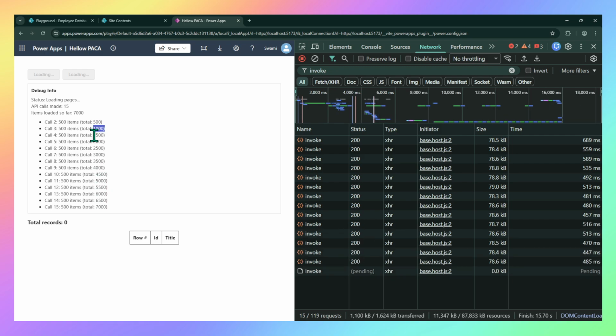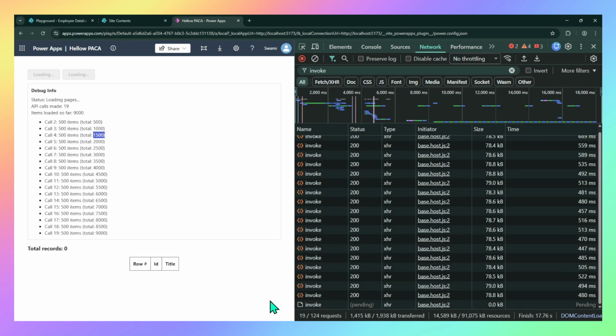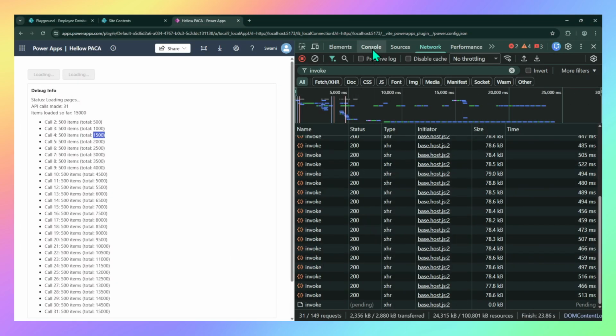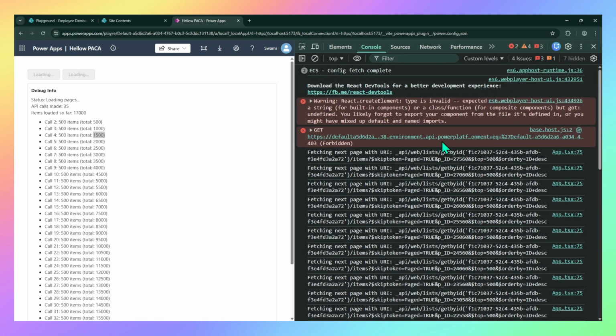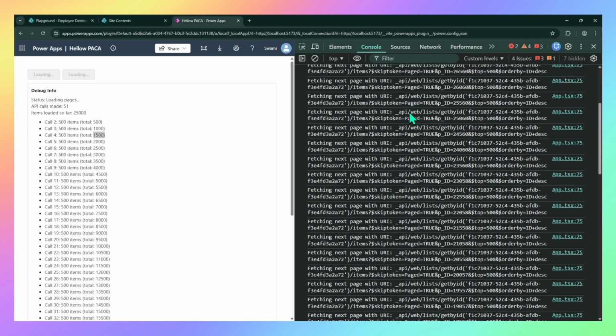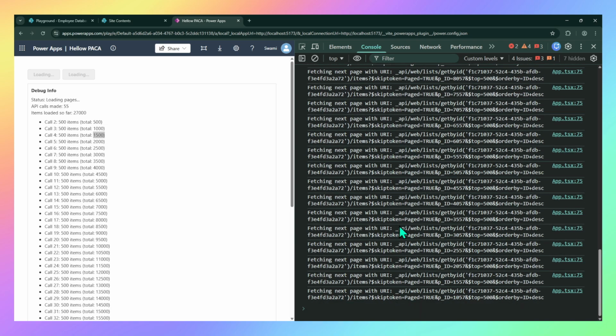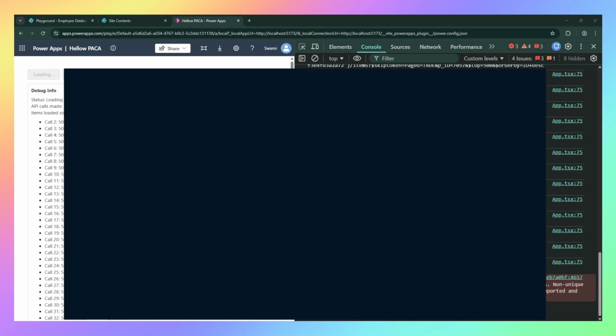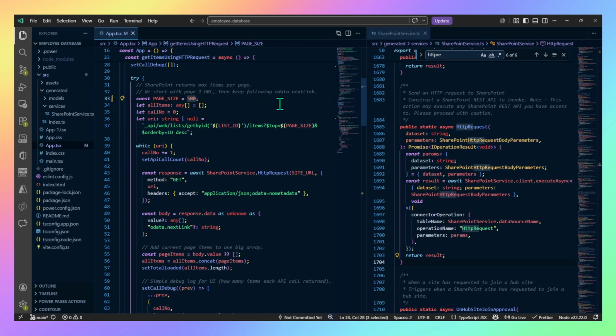See, 500, 1,000, 1,500, right? So page size is what determines how much data you will get in a single API call. And if you see here, the first item is 27,560. You can subtract 500 from here, you get 27,060, right? So this many API calls it is doing. Now, is this a good practice? No, not at all, because the maximum limit is 5,000. So let's keep it 5,000 only,